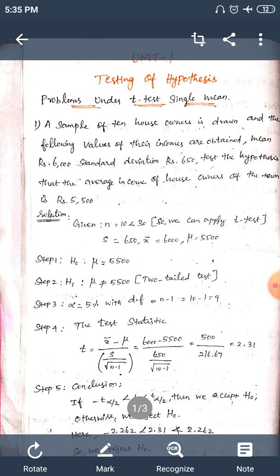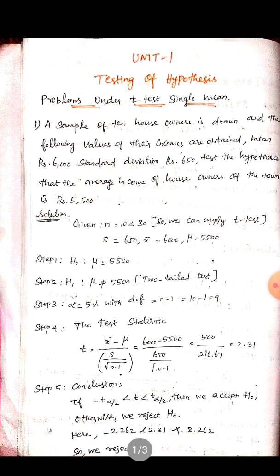Why can I choose a t-test? If the sample size is less than 30, you can use the t-test. If the sample size is greater than 30, you can use the z-test. There are two types of problems. In the first, the mean and the standard deviation are given directly. In the second, only the data is given, and we should find the mean value and then the standard deviation. When the data is given directly, substitute into the formula and get the solution.